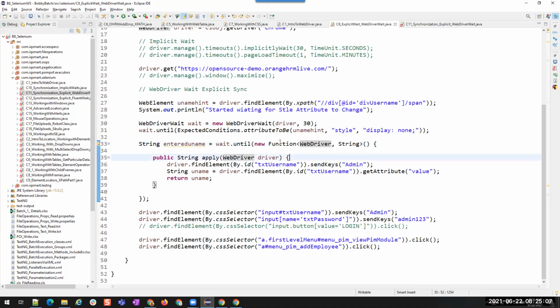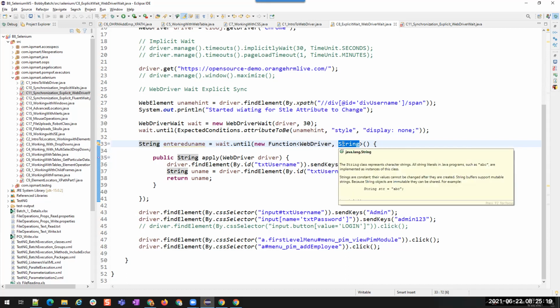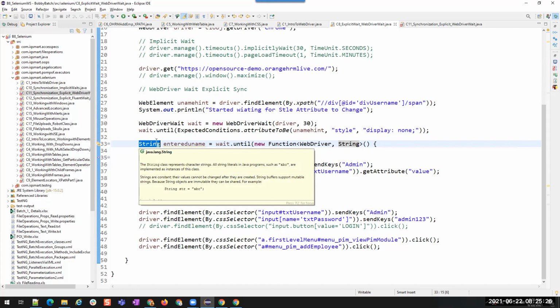Understood? And for this function, we need to pass these parameters. First one is the input one, second one is the output one. Whatever input we are giving, we have to mention the input type here, and whatever output type we are going to get, we will mention it here. So based on what is there, we will store that inside that type of variable. Understood?